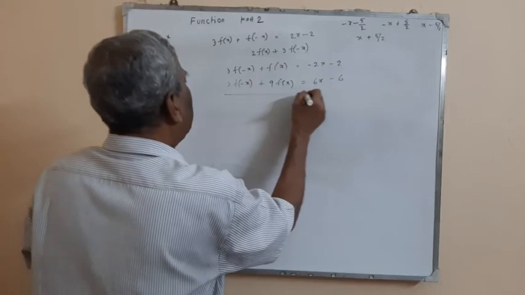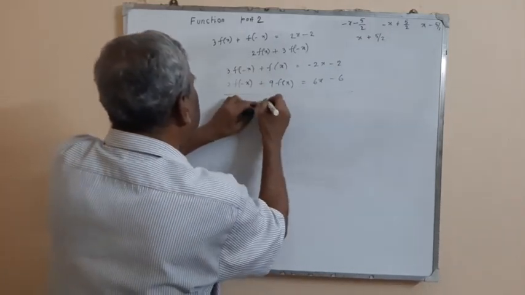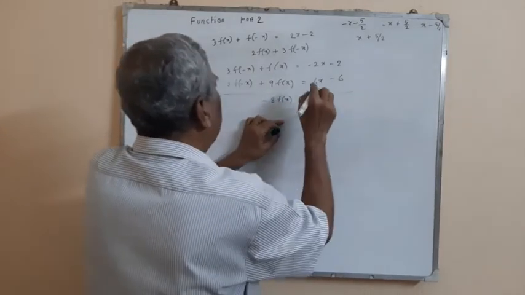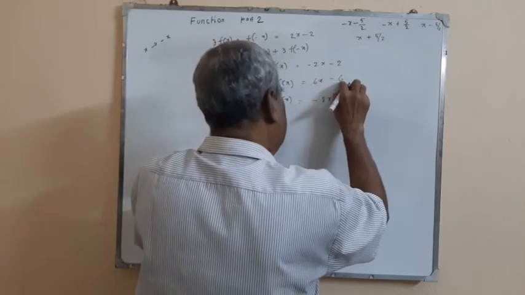Now subtracting, we get, then we cancel. So -8f(x) is equal to -8x plus